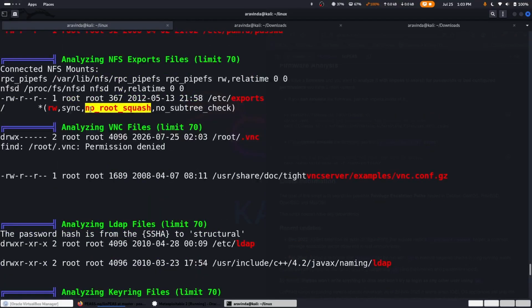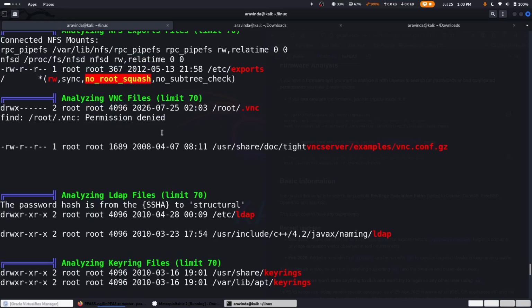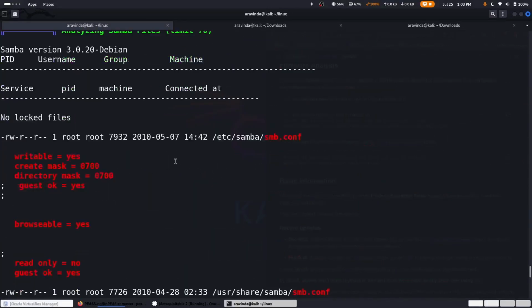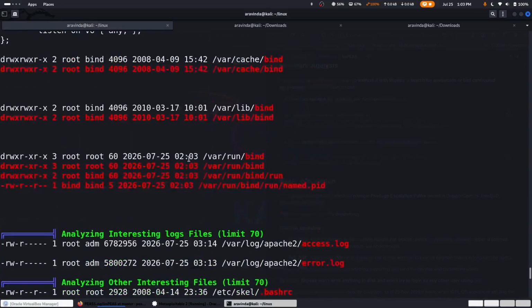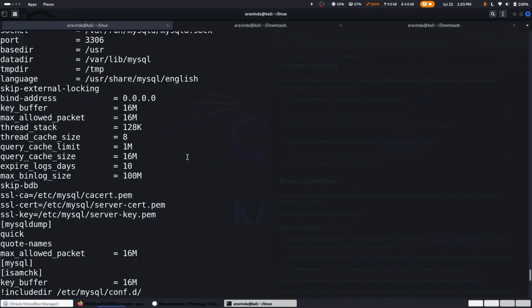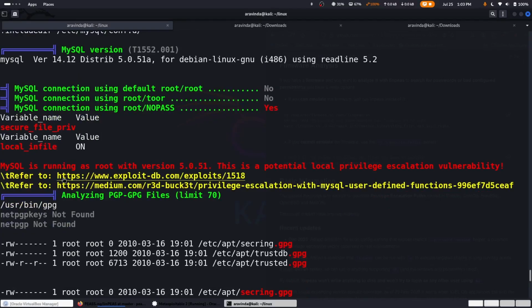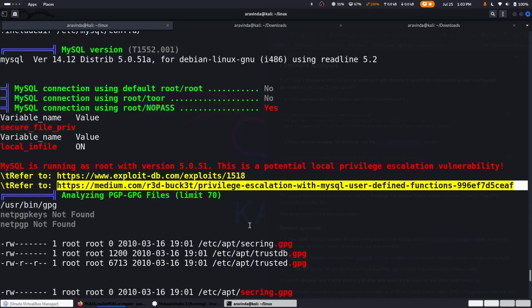And NFS export files. So the no_root_squash option is enabled, and we are able to exploit using NFS. We can do privesc using NFS. And that said, we'll move further down. And we found a MySQL version. We found an Exploit-DB file to exploit MySQL on Metasploitable 2. So we have a reference,